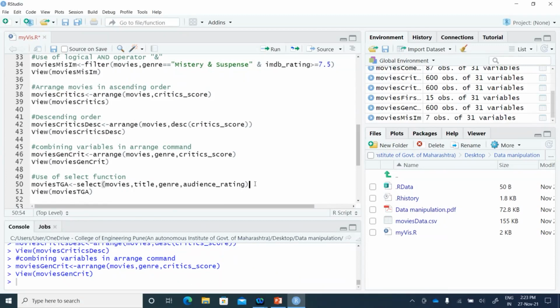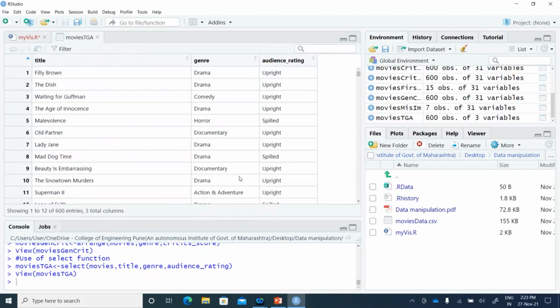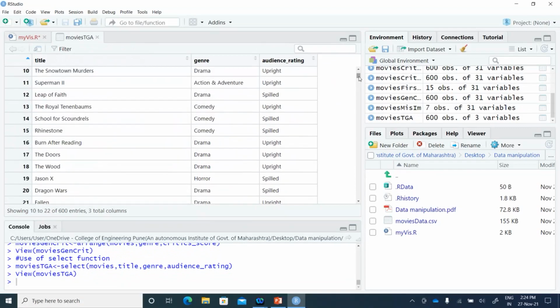The command movies stands for the data frame, and I want only title, genre, and audience rating from that data frame. Let me press Control Enter over here and let's view that small data frame. So I now have only 3 columns, which are probably easier for me to handle.